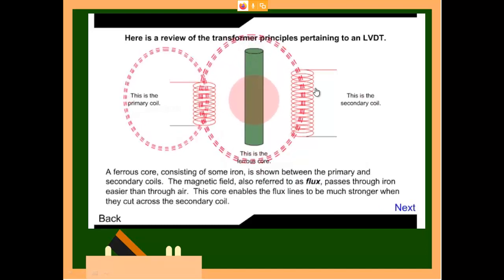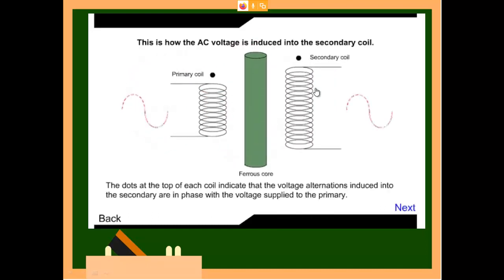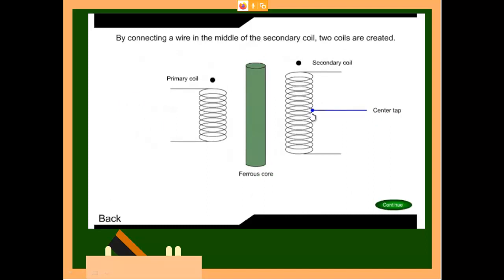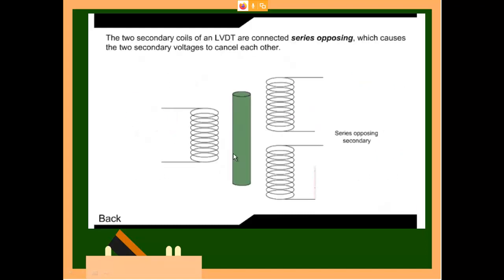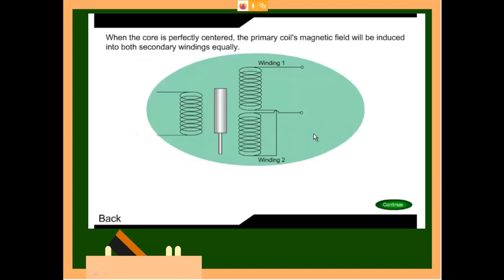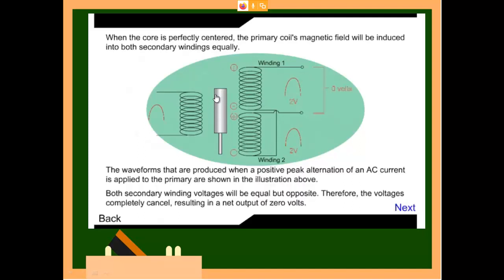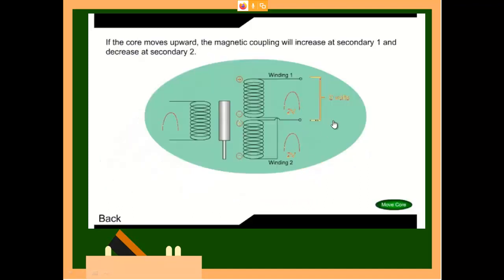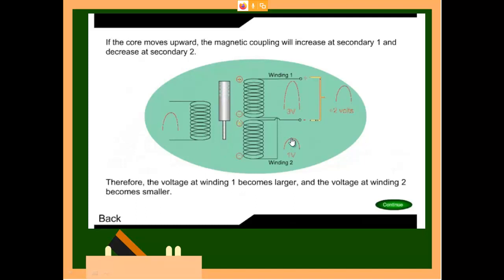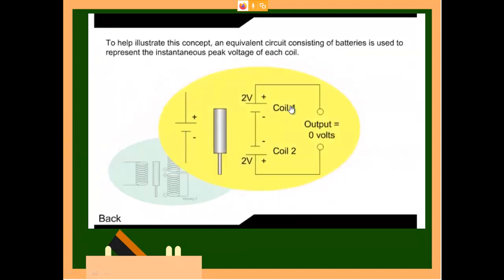Now we want LVDT. To get LVDT, secondary will be cut into two parts. Now you have center tapped arrangement. So this is secondary 2, this is secondary 1, this is input. Now when these two are connected in series, this is the structure of LVDT. When this core is at the center, your total voltage is 2 plus 2, which is 4, and this will be in opposite direction, so it will be 0. In this condition output voltage is 0 because they are in difference. Now when this core moves upward, one voltage will increase, other voltage will decrease, so you will have an output voltage in one direction.